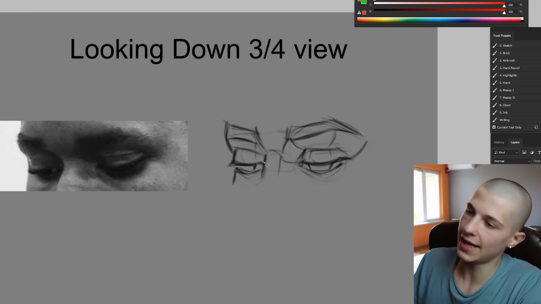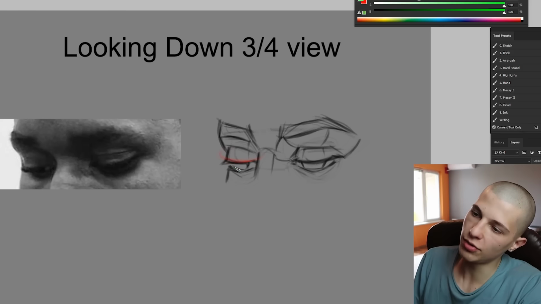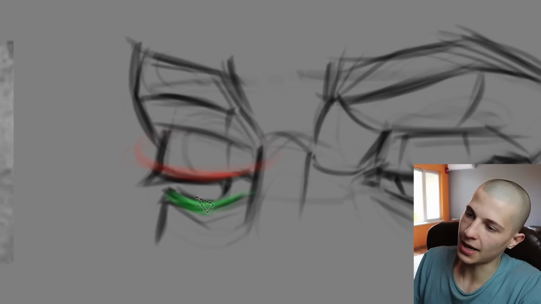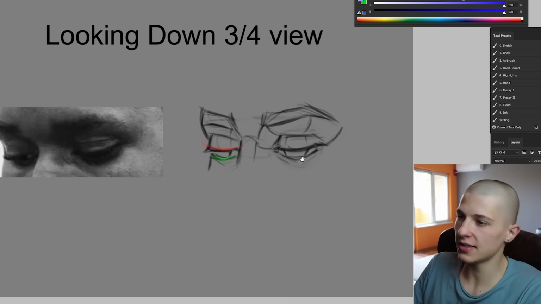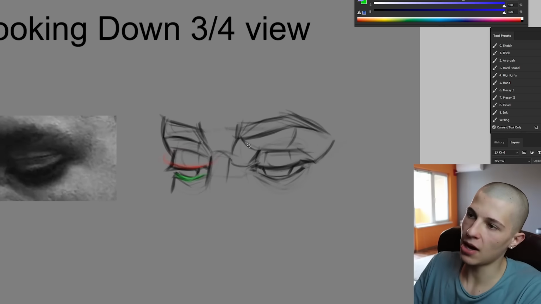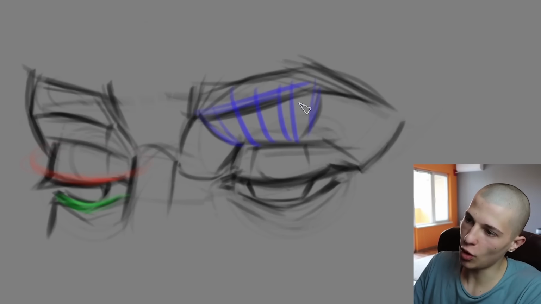Then we have looking down, which is pretty much gonna be the opposite, and the top eyelid is gonna be rotating the opposite way, which is really gonna show you a lot more of this top plane of the bottom eyelid. And what people don't understand is really the mapping out of the form. And what that means is that this plane is going to be going this direction, then it's going to turn,